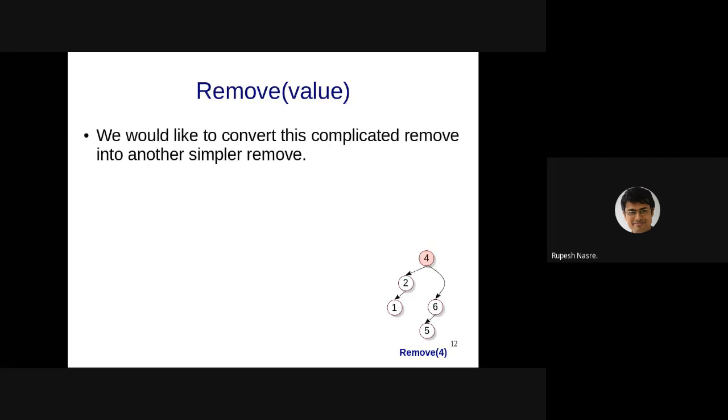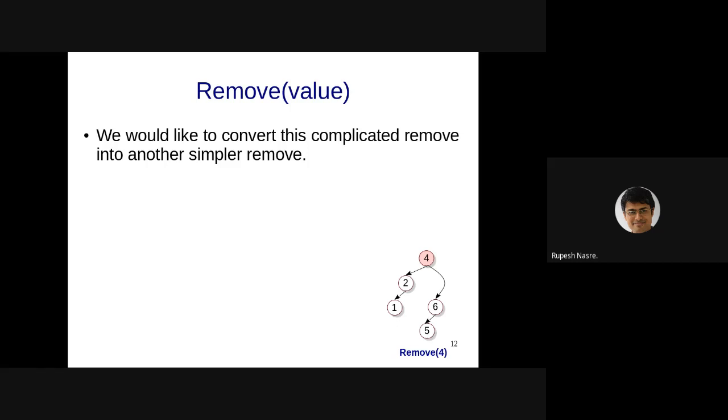Okay, let's think about some other case. Let's talk about 4 being exchanged with 2. So now 4 comes at the level of 2 and it has one child and we know how to take care of that. And 2 has become the root and that also satisfies the BST property. So that is interesting. So exchanging 4 with 2 or 5 seems to be doing some wonders. Let's check with 6. Since that is the only case remaining in this example, what if we exchange 4 with 6? Now 6 becomes the root and that violates the property because 5 cannot appear in the right hand side of 6.